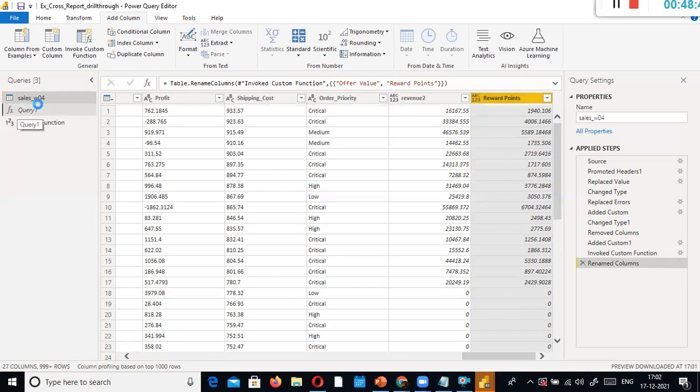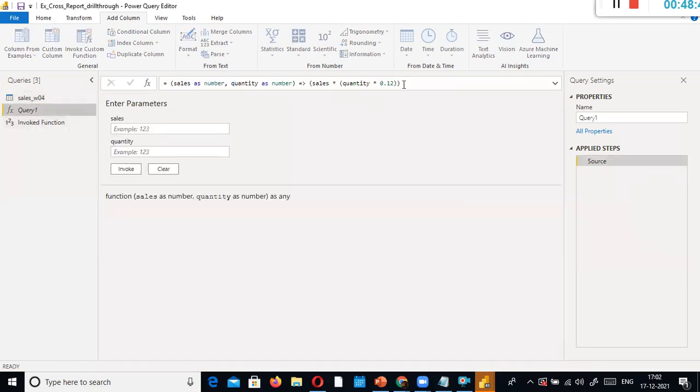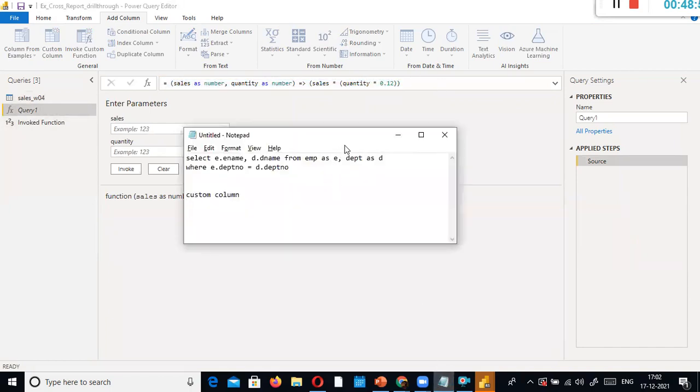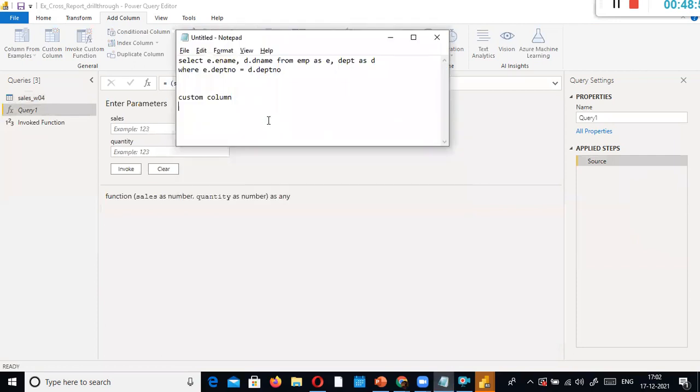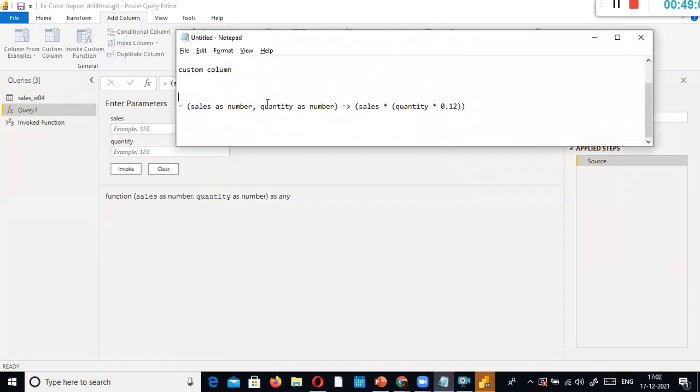Okay. So now I go back here. I'll first of all explain what the hell this one is, right? Your worry is this one. What is this? So what I will do is I'll just copy paste it in a notepad and I'll explain it to you. So this is called a function in Power BI, especially in Power Query Editor. This is how you can create a function. This is the syntax: argument 1 as data type, comma, argument 2 as data type.